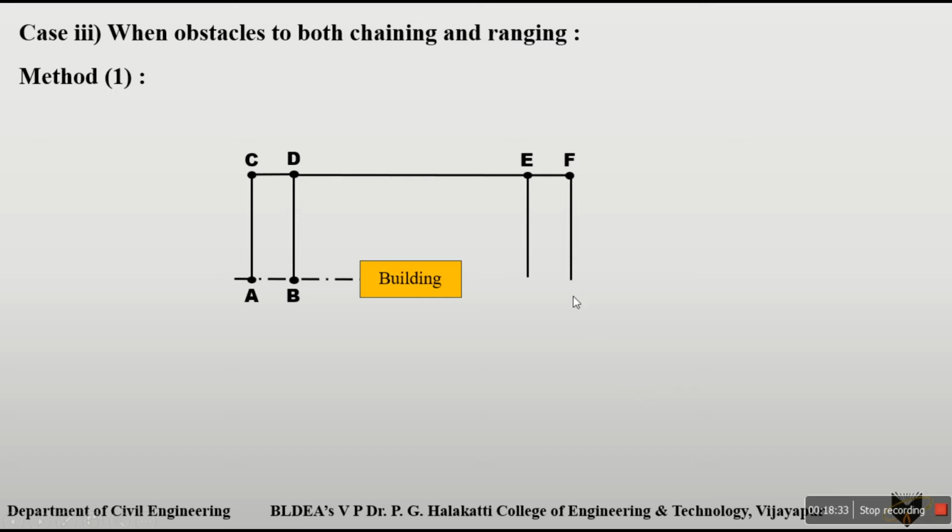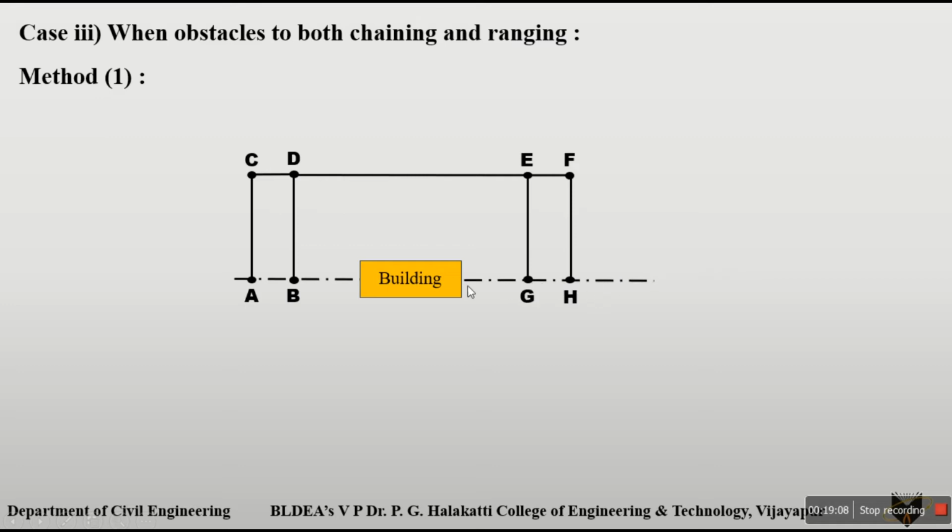Whatever the distance of these two lines is, it is equal to the distance of AC or BD, because the distances AC and BD are the same. So similarly, in fixing the next points G and H, the distances EG and FH are equal to AC or BD, any one of them. Then now you are getting these 2 points. Now you can continue this chain line here by joining up with this line.